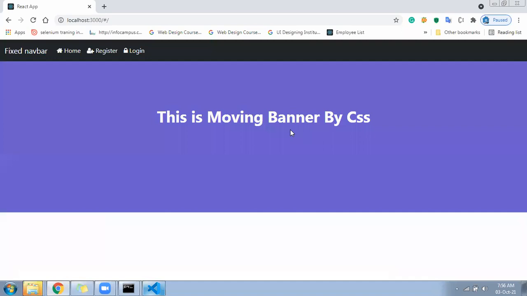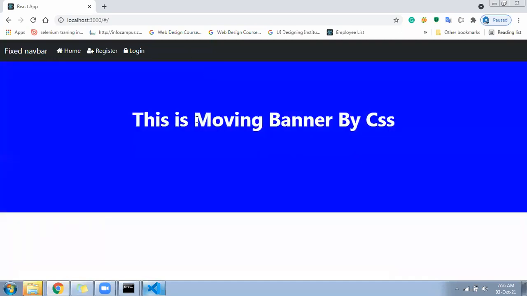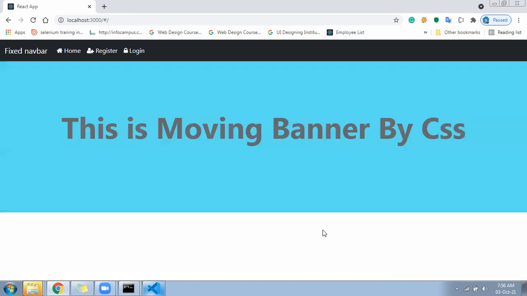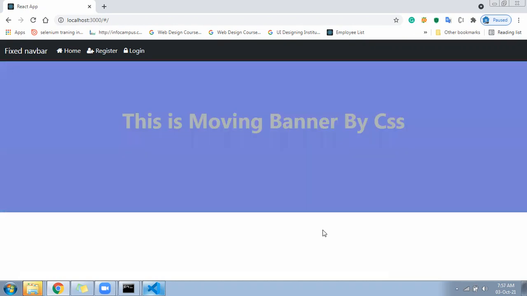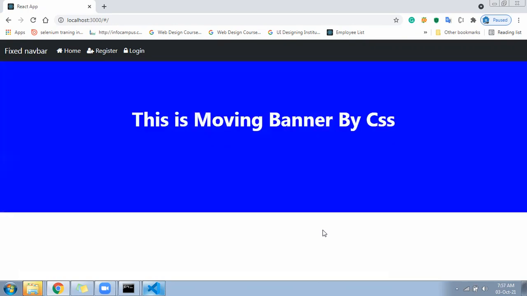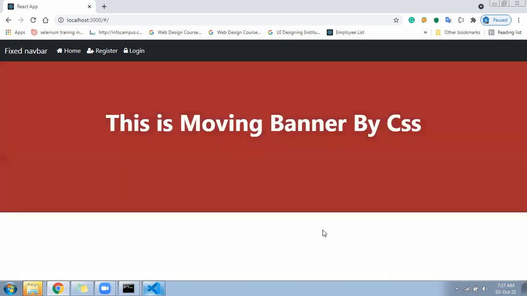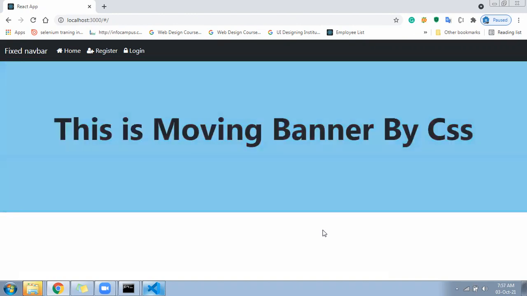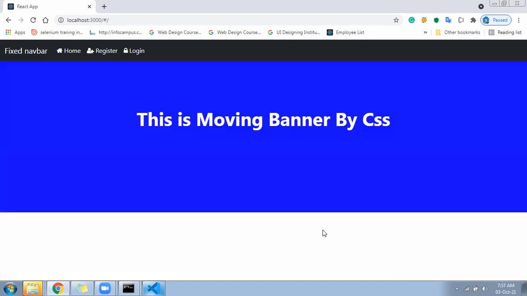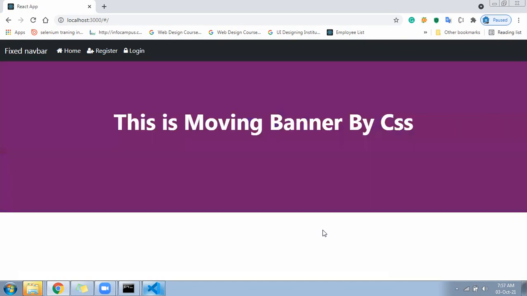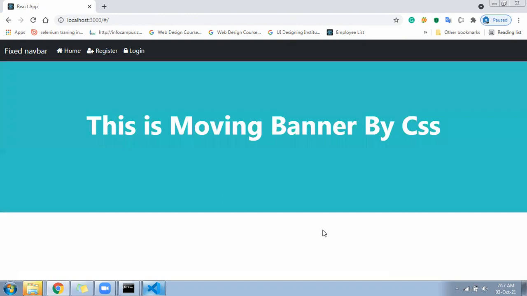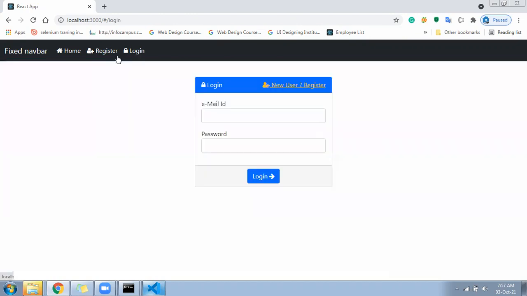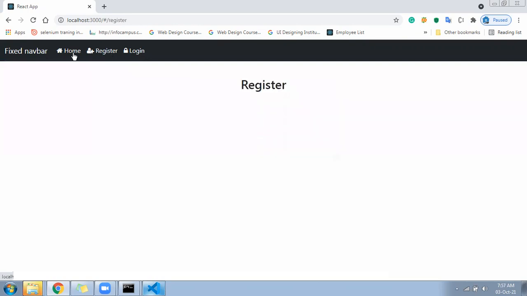See now, it looks like this. Navigation plus banner are stuck together, just one after the other with no space. Okay, hope ready. If you click on login, it will go to the login page; register; home will be the animation page.